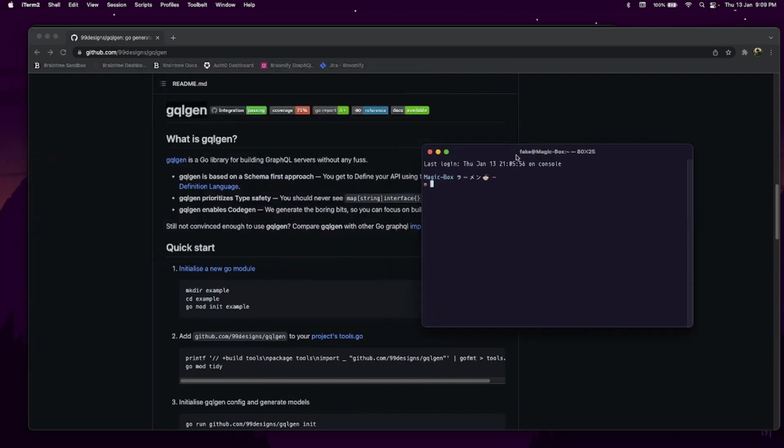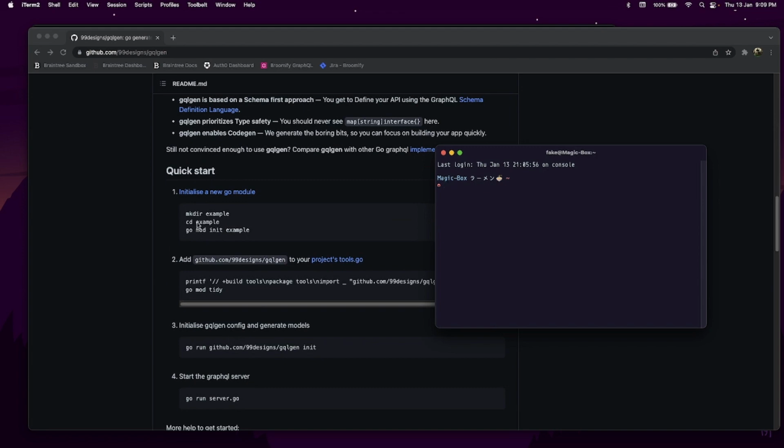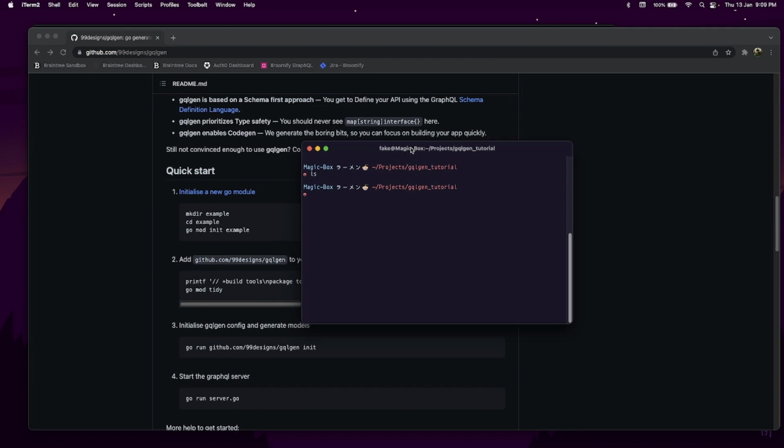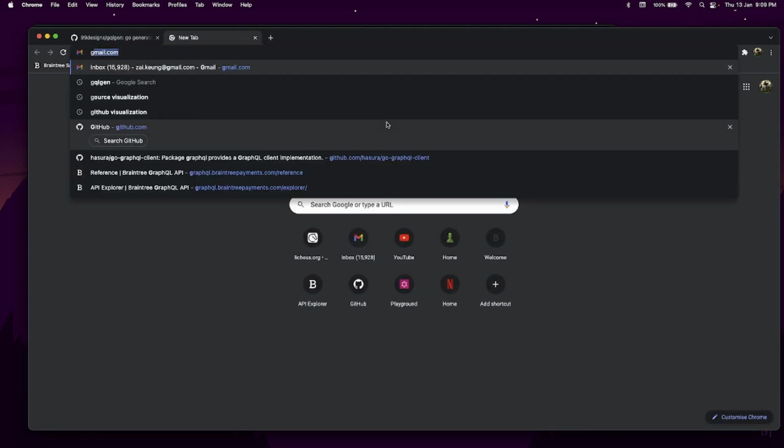First, let's go ahead and follow the instructions here. Go to projects. I'll just make GQLGen tutorial. And if I go inside to GQLGen tutorial, I'm going to follow these instructions. First, go mod init. So first you need Go installed on your computer, and if you don't know how to